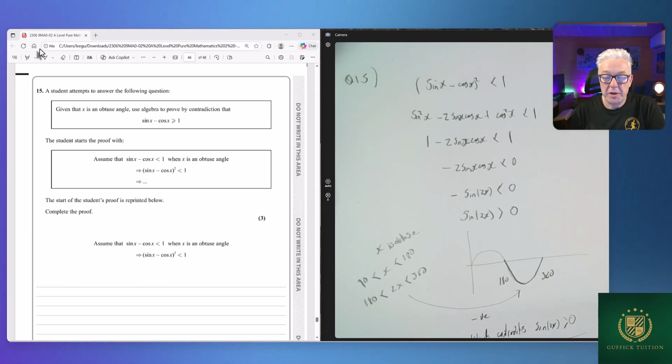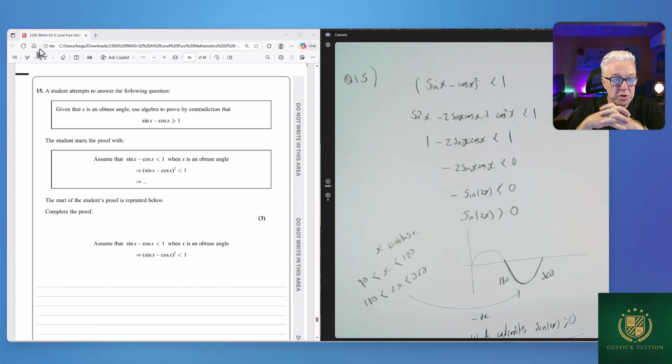Hello everyone, this is the final question on paper 2 from 2023, and we've got a proof by contradiction. Let's have a look and see what's going on. It says a student attempts to answer the following question. Given that x is obtuse, use algebra to prove by contradiction that sin x minus cos x is greater than or equal to 1. The student starts the proof with: assume that sin x minus cos x is less than